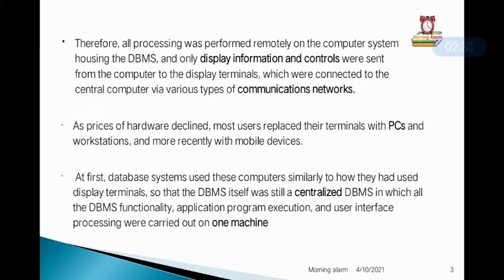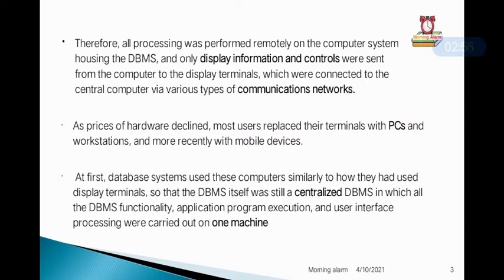In this type of architecture, the display terminals are connected to the main computer, and only the display information and controls were sent to these display terminals. And how are they connected to the main computer? Via various types of communication networks.